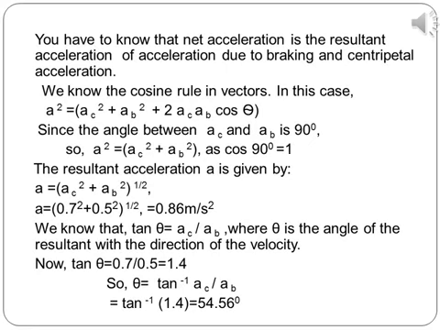We have to find the angle between AC and AB. We know that tan theta is equal to AC by AB, where theta is the angle of the resultant acceleration with the velocity or the linear speed. Now, tan theta is equal to 0.7 divided by 0.5 is equal to 1.4. So, theta is equal to tan inverse AC by AB is equal to tan inverse 1.4, which is equal to